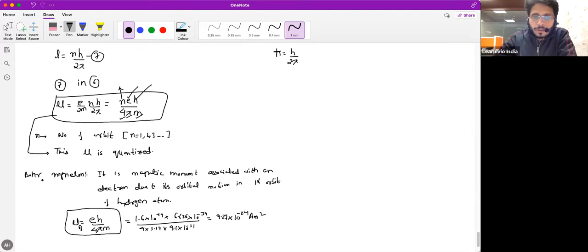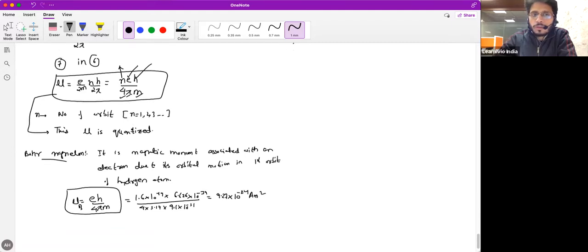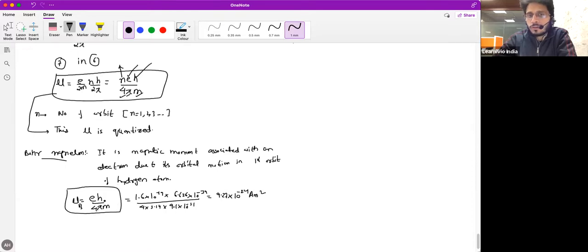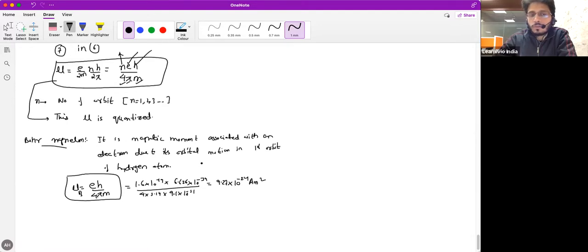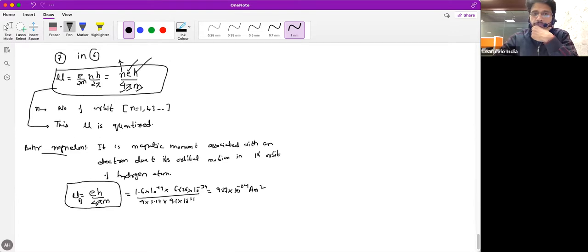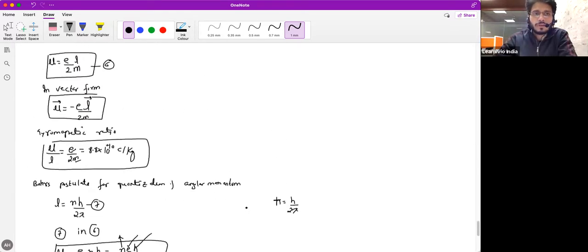Now see, what is Bohr magneton? The value of n will vary from 1 to infinity. The minimum value of magnetic moment will correspond to the minimum value of n, which is 1. When you put n equal to 1 here, the magnetic moment that you get is known as Bohr magneton. So the minimum magnetic moment associated with a revolving electron is the Bohr magneton. If you put the values of e, h, 4 pi and m here, it comes out to be 9.27 into 10 raised to power minus 24 ampere meter square. This is the value of Bohr magneton. Okay, now write it.